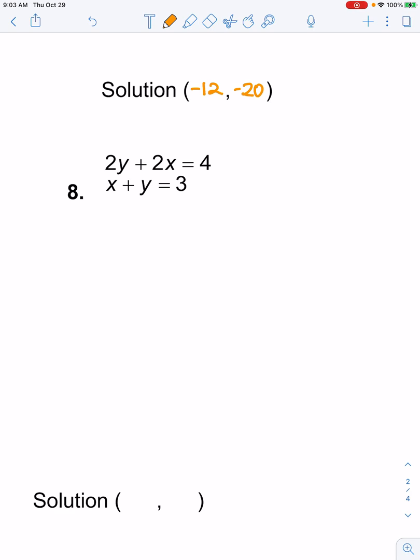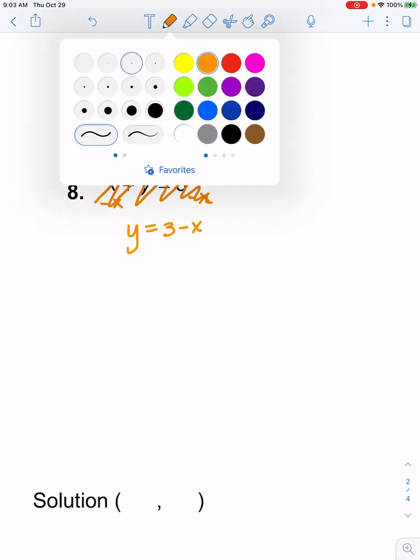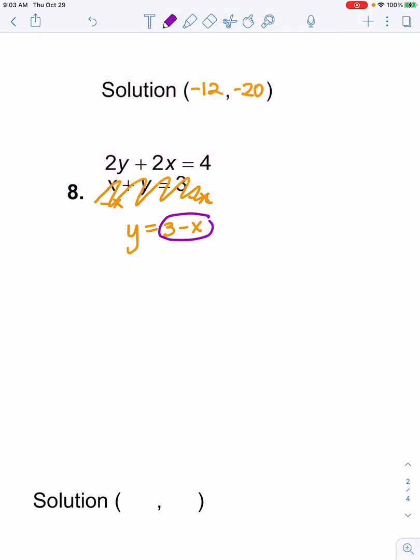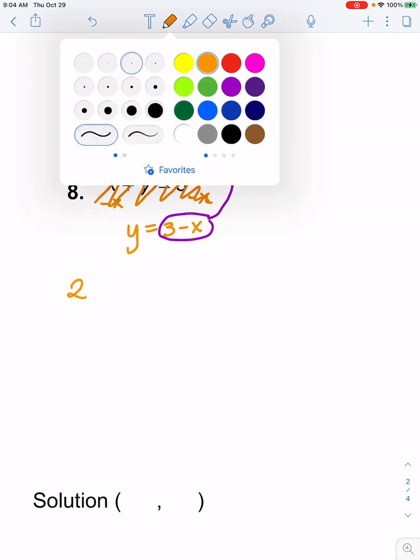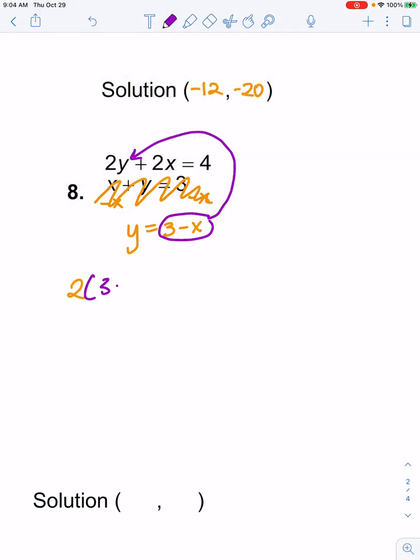So I'm going to actually move the x over. So y equals 3 minus x. Okay. And again, I'm just going to, for my own sake, cross through that and focus on using this new equation I just created. But again, they're the same thing, just manipulated differently. So now that I have this, I can see that I want to plug this in for y in the other equation. So I'm going to write that top equation, but instead of writing y, I'm going to write 3 minus x